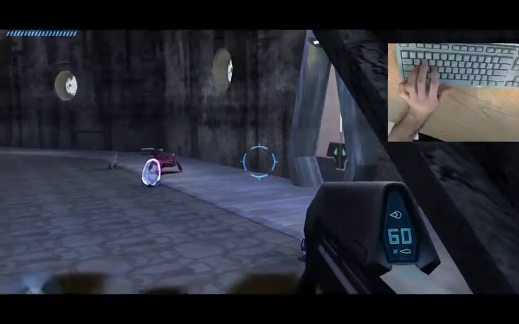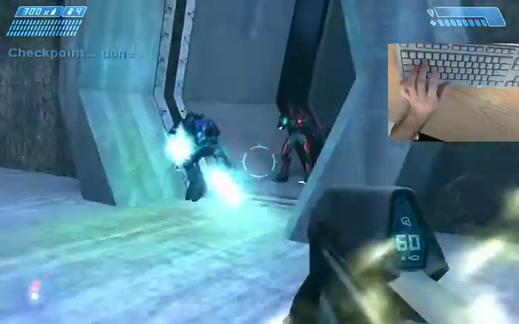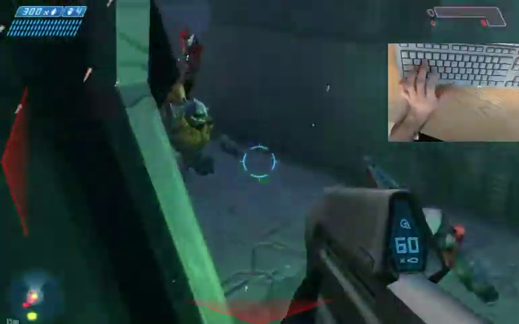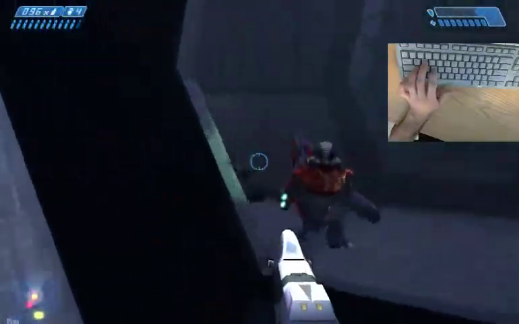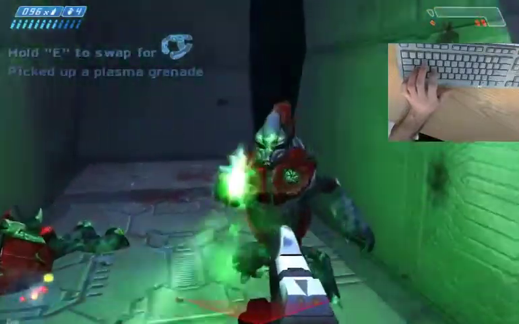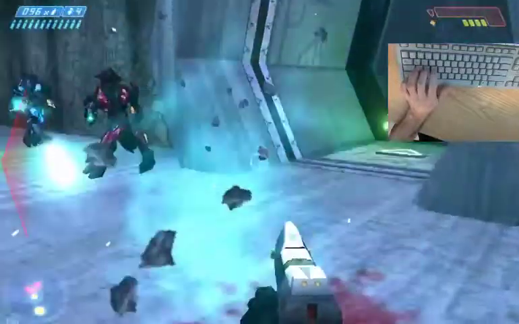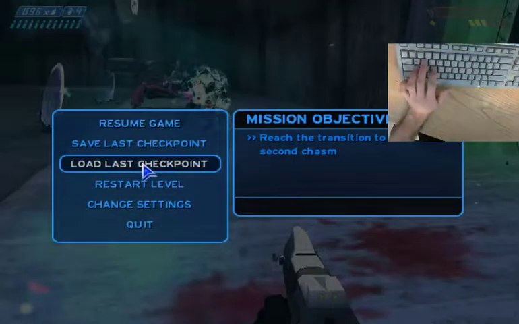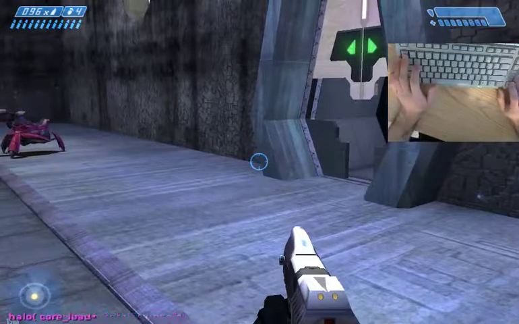Your priority: the amount of enemies here are 2 elites and like 6 grunts, I believe. Yeah, 6 grunts and 2 elites. The 2 elites come out way before the grunts, so you want to focus on them first, and they're also very difficult to deal with when you don't have a plasma weapon. So when you get out of the ship,